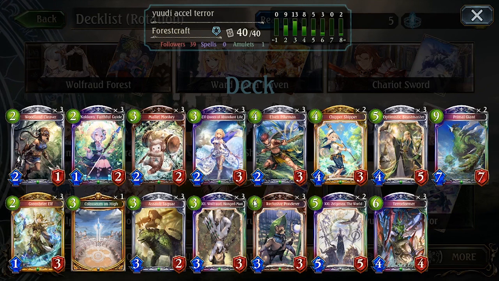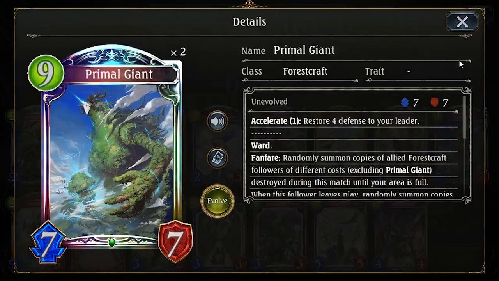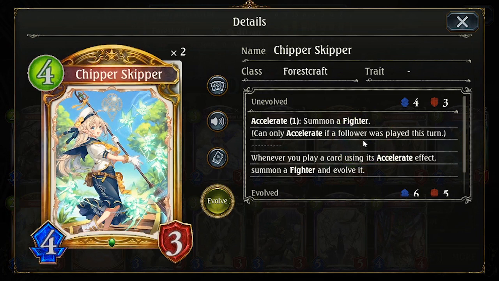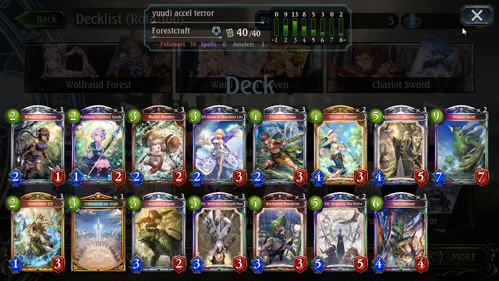Before I forget, I have to mention that I pulled this deck from Shadowverse Wins, from Yudi, I think his name is, in Japanese, of course. Except that he had 3 Primal Giants and I only had 2. So I technically made it my own deck by adding another Chipper Skipper, just because I love this card and that's why she's in the thumbnail. Just love the name. But yeah, this deck will be in the description, as well as the original